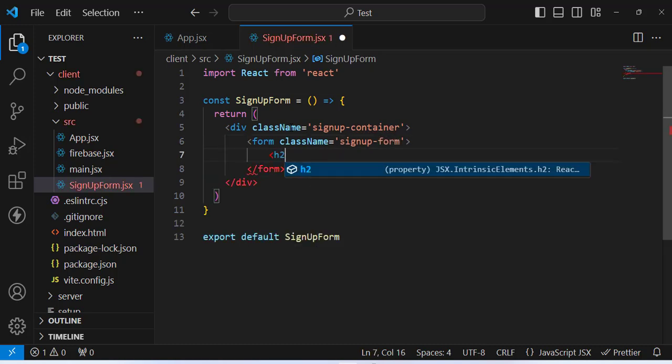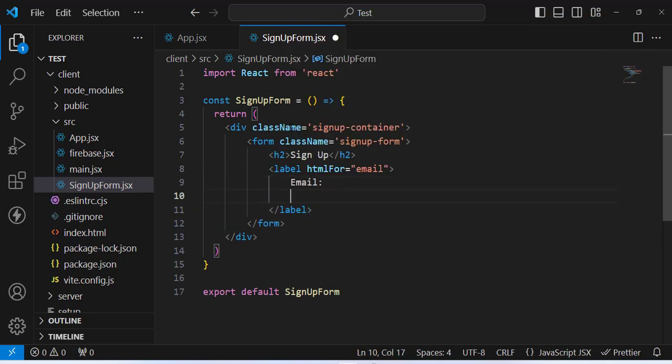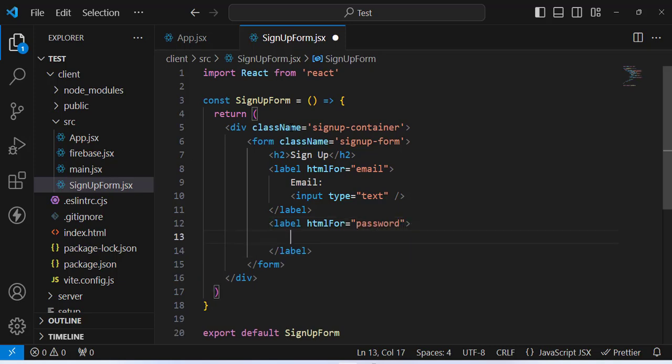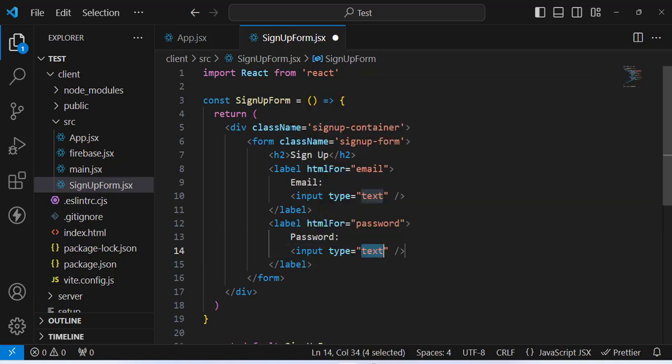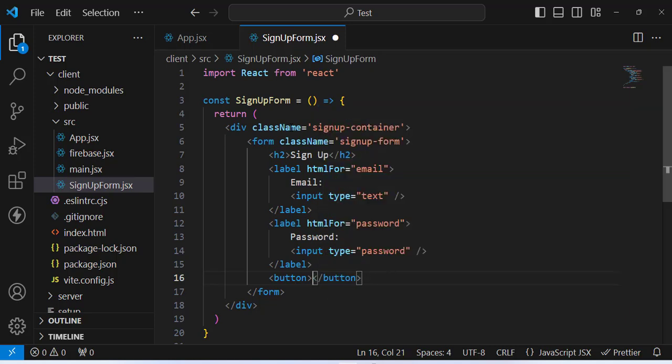Then we will have h2, and this is for sign up, and after that a label that is for email, input, type text, and then we will create another label which is for password, and input field, password. After that we will have a button for submit, or we can say sign up,